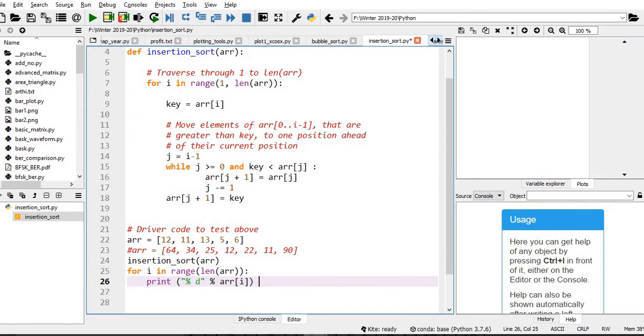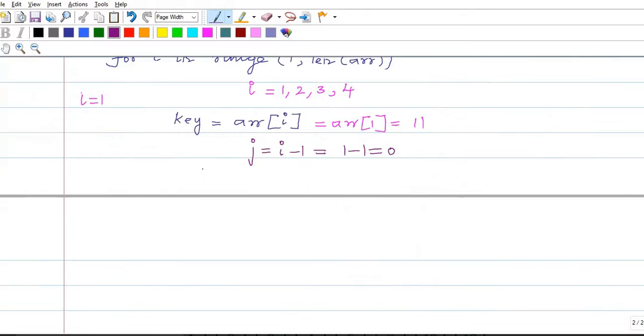Next we are entering into the while loop. Let me write the code here.